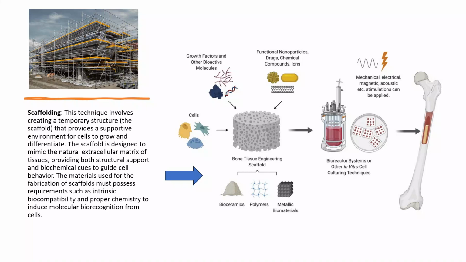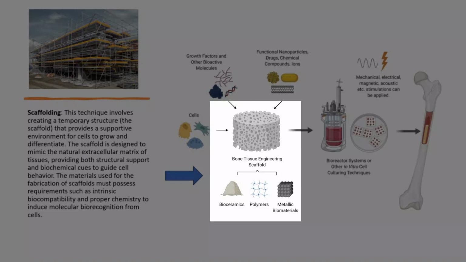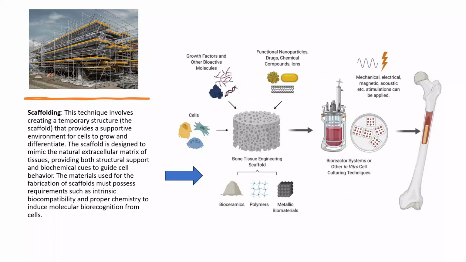Scaffolding technique involves creating a temporary structure, the scaffold, that provides a supportive environment for cells to grow and differentiate. The scaffold is designed to mimic the natural extracellular matrix of the tissues, providing both structural support and biochemical cues to guide the cell behavior in the tissue generation. The materials used for the fabrication of scaffolds must possess requirements such as intrinsic biocompatibility and proper chemistry to induce